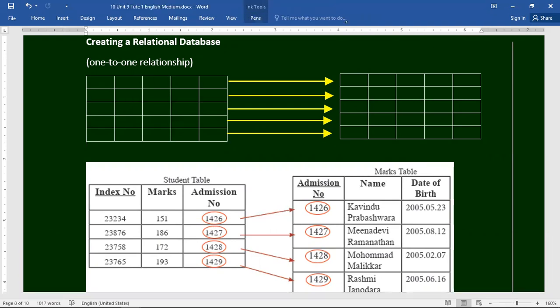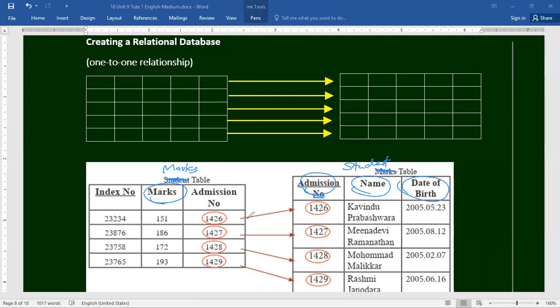There is some problem with that. This should be the marks table because marks data is input in that table. So this should be the student table, and the student admission number, name, and date of birth are there.